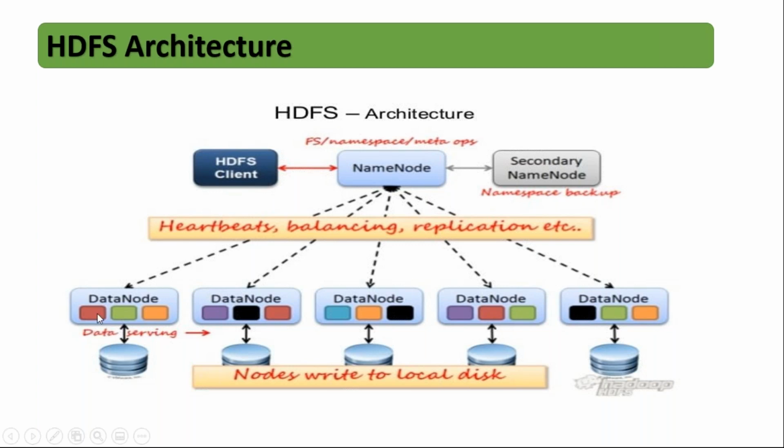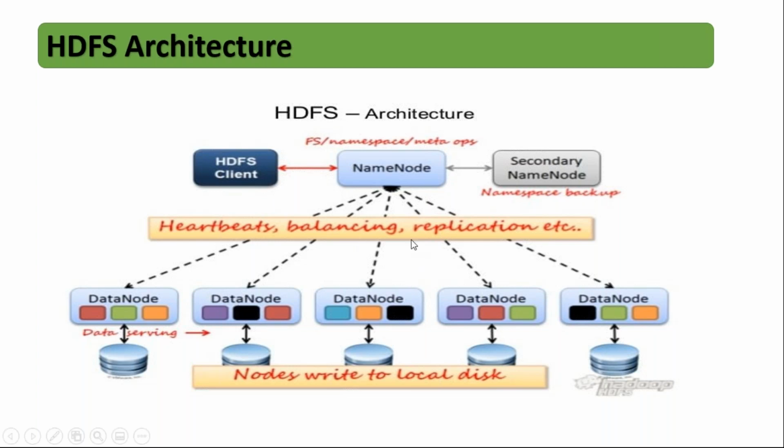Whenever this fails, the task will move on to the next available block, and before it executes on this block, it will create another copy of this and put it in another data node so that it will maintain 3 copies. It will always try to maintain 3 copies because when you say replication is 3, I told you replication factor is configurable. At the time of configuration, if you say replication is 3, it will try to maintain 3 copies. Right? That is called balancing.